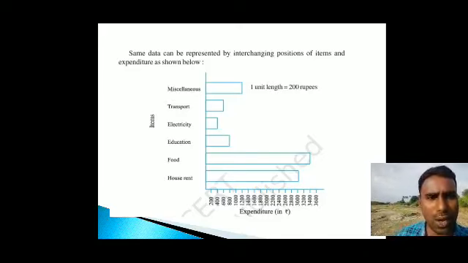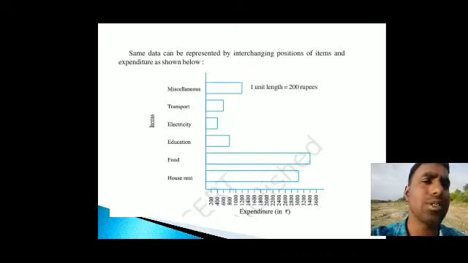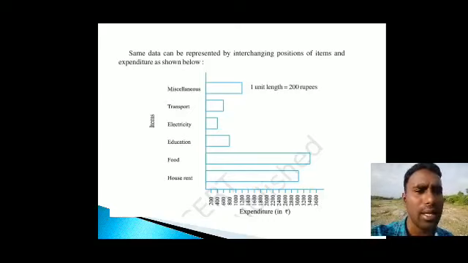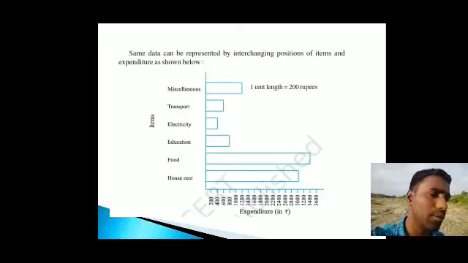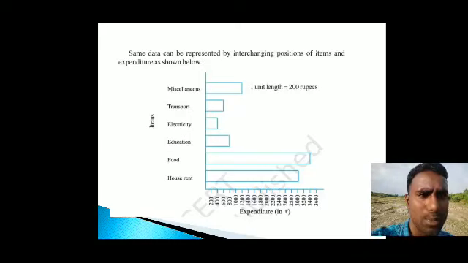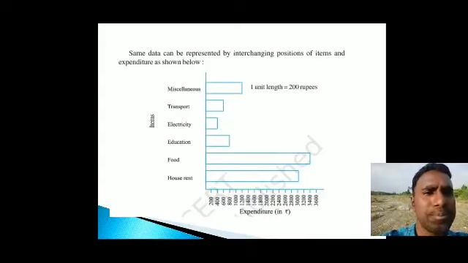The length we can change because of the variation in the expenditure amount, but the width should be the same. You may take the width as 1 centimeter. The width, the breadth, will not change, but the length will change based on the amount. Okay, so next one,